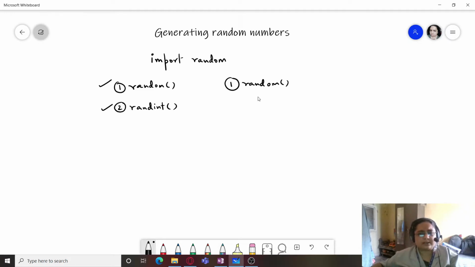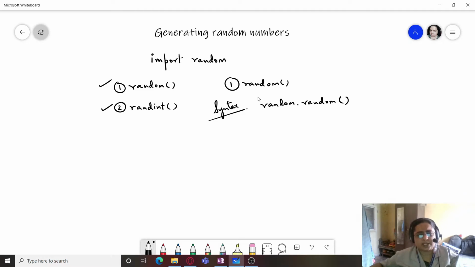Now how does the random function work? Its syntax is random, which is the module name, dot random, which is the name of the function, and within this we are not going to provide any arguments.